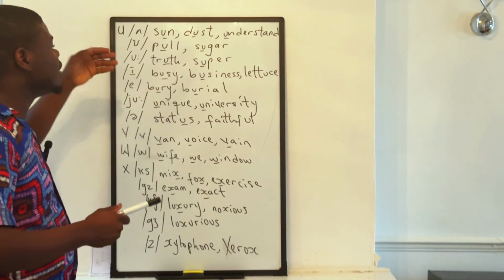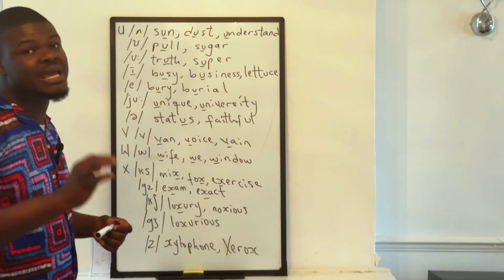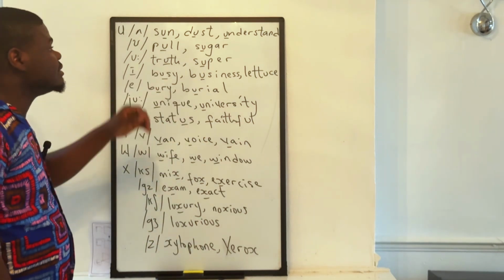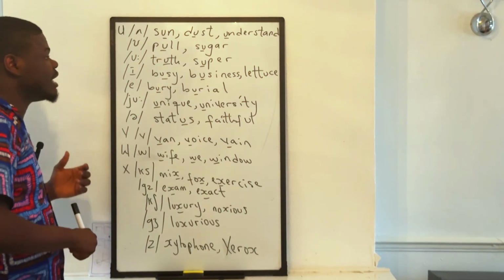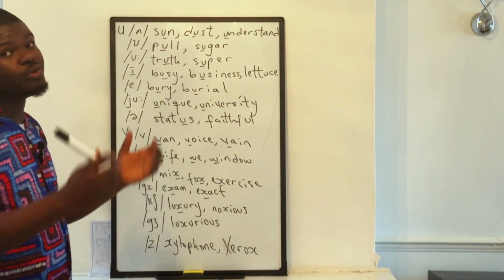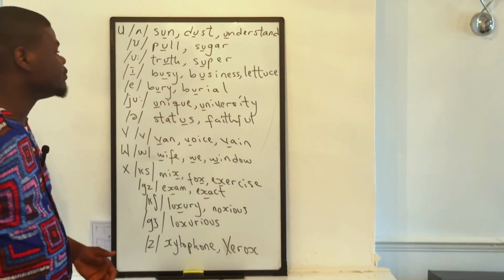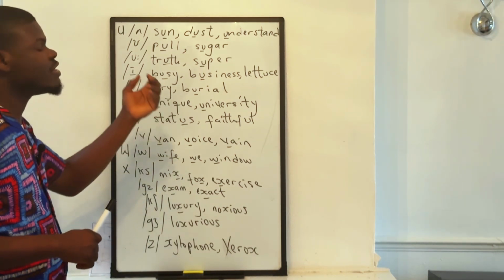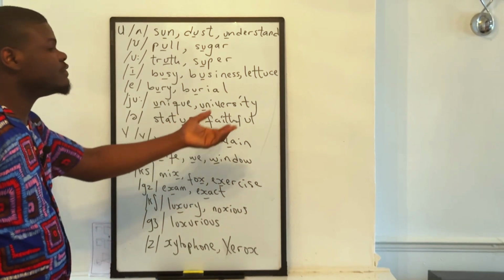You would most likely find it unbelievable, but letter U in the word B-U-S-Y is pronounced busy. So it's the i sound: busy, business. And then lettuce. That word is pronounced lettuce, not lettuce. Letter U can also give us the e sound, as in berry, not bury, berry, and burial. It can also give us the yu sound, the Y plus the U together, as in unique, university. And letter U can also give us the short sound, as in status, faithful. Letter V is the next letter, and it gives us just the V sound, as in van, voice,